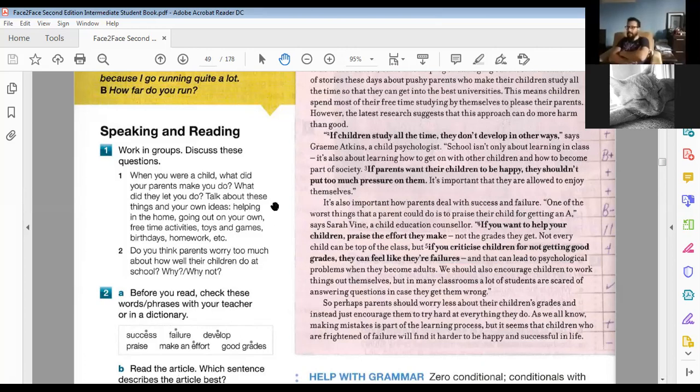وتقدر تعطيه حتى أوامر. If you want to sound like a native, no. تقول له لازم يدير حاجة معينة مثلا. Right? So you can also use imperatives. So there's a bit of flexibility, I think, with the zero conditional. في flexibility لكن لازم تتقيد نفسها ما قاعد نفكر فيها أصلا.